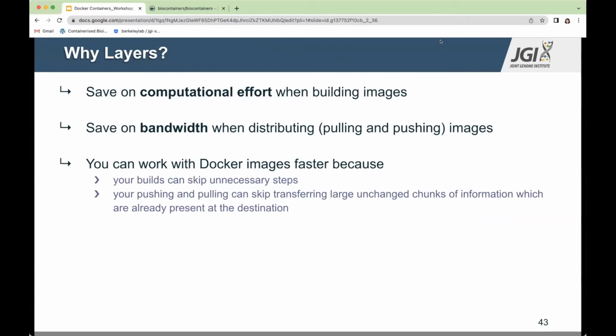So why use layers at all? Layers are used to save on computational effort and on bandwidth. Basically, let's say you have a similar Docker image, or you are developing and you pushed your image to Docker Hub, and the only change you want to pull is some small file or some 100 megabytes or something, then